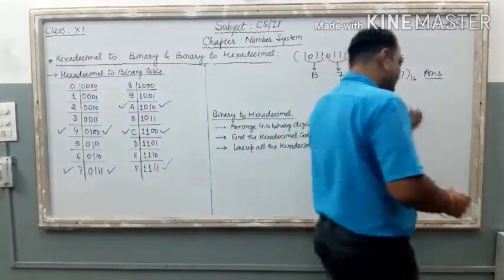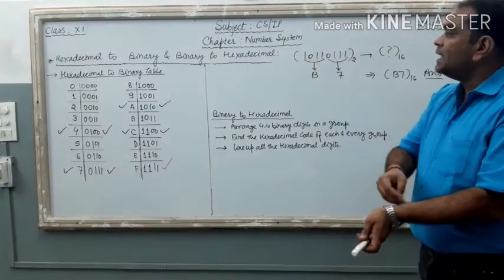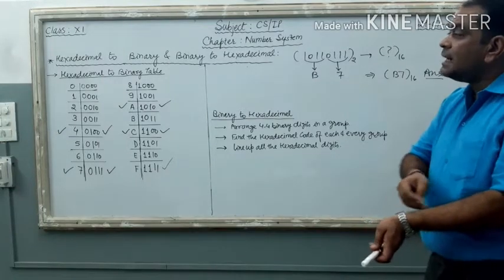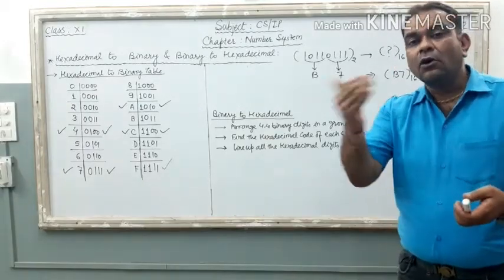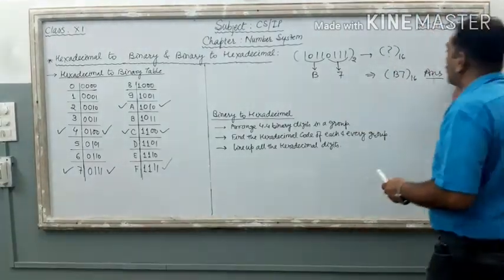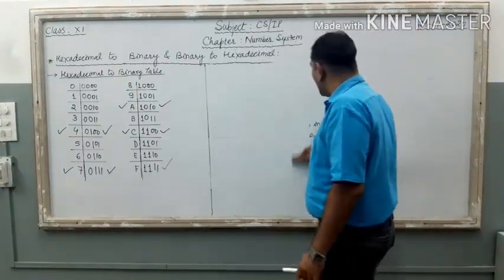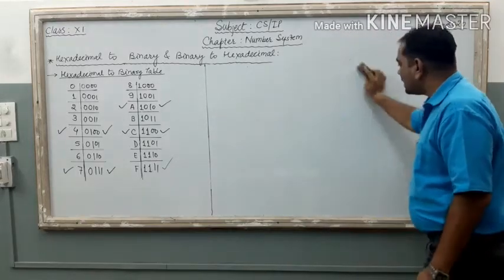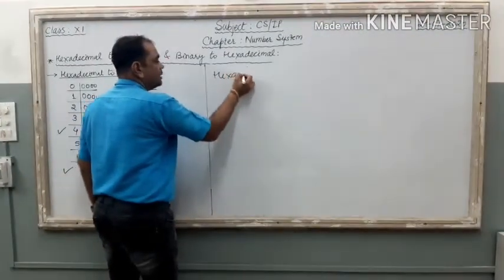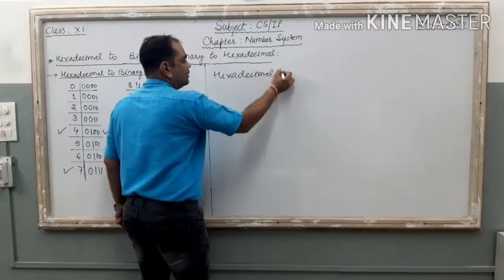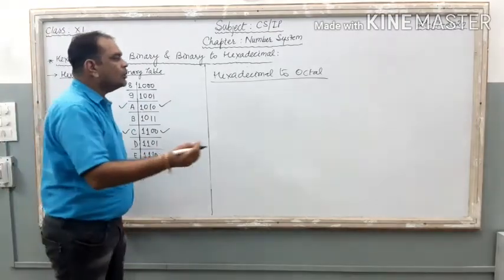Now the next thing is, if somebody says that just convert hexadecimal number into octal, right? Hexadecimal into octal. What can you do? Hexadecimal to octal means what? Here, just remember, there is no direct converting process. There is no direct conversion if you convert hexadecimal to octal. So very first I write the code hexadecimal to octal, right? For this, we follow the method.